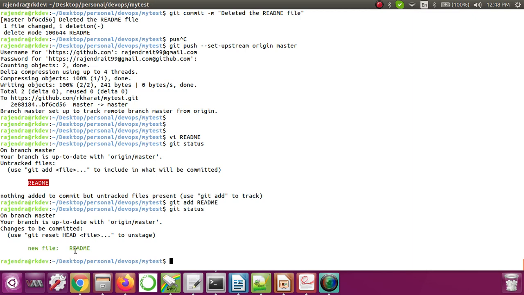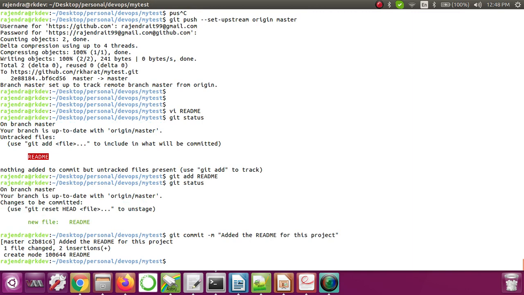So now we need to again do the commit. Okay, so let's do that. Git commit -m and then give some proper message. Added the readme for this project. Okay, so with the help of this commit message itself, we can understand what happened in this particular commit.